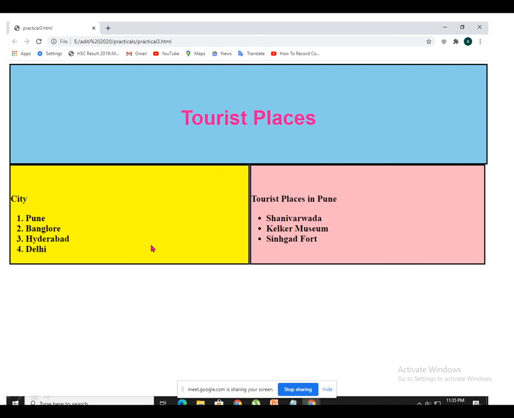Here you are managing the left side and then the right side. This 80% you are giving as width over here, and whatever the height is given. This is your left side and this is your right side. The left side you are managing with the section tag, again with a solid border and other properties like background. The right part you are managing with the aside tag. So here it's very clearly given how to use semantic tags to manage your layout. See the layout here.